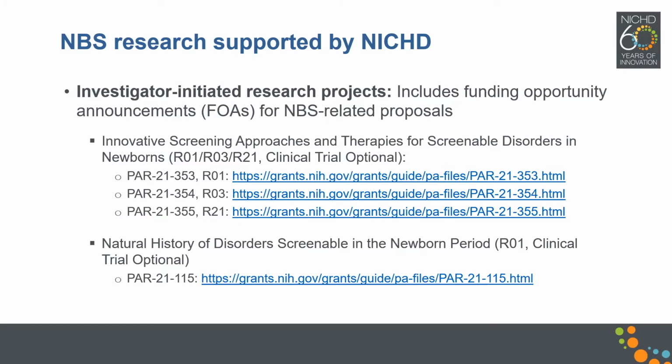And these are really for those conditions that may fall through the gap that really need to have better understanding of the onset of symptoms and the complications of a disorder. These types of studies help groups accurately diagnose the disorder, understand the clinical heterogeneity and the phenotypic differences of the disorder, potentially identify the mechanisms that underlie the basic molecular defects for some of these conditions, develop strategies that prevent,